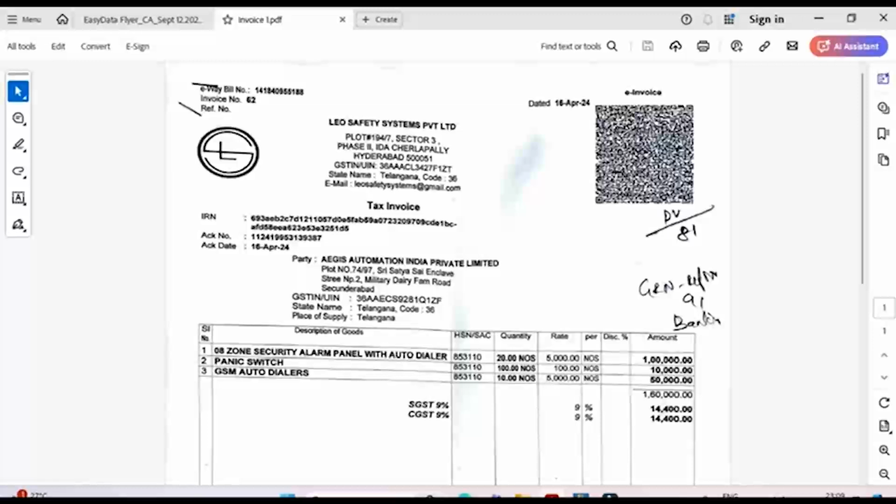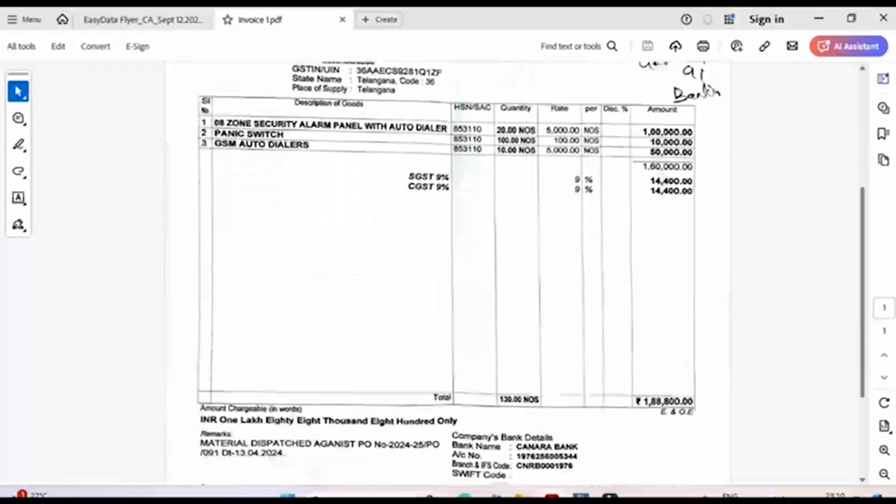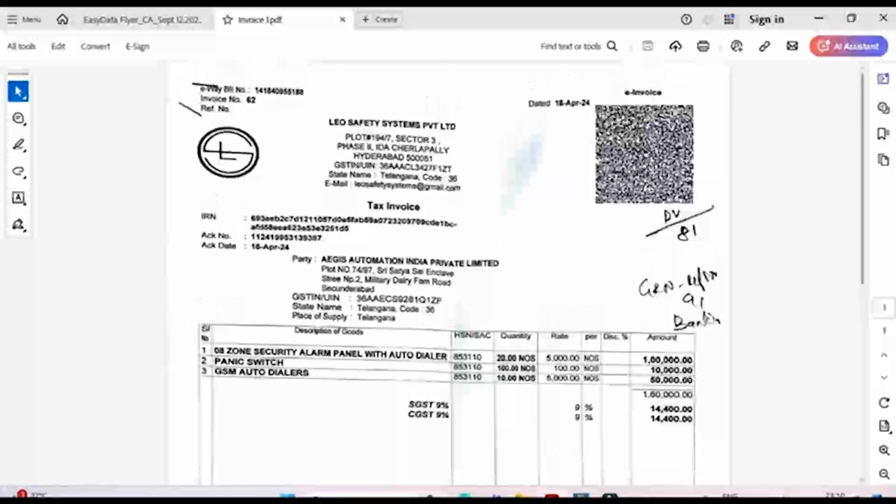This is our first invoice, in which you can see we have e-waybill number, invoice number, name of vendor, name of company, description of goods, HSN code, quantity, rate, UOM, amount, CGST, SGST with their GST categorization and respective amounts, and the total amount here.